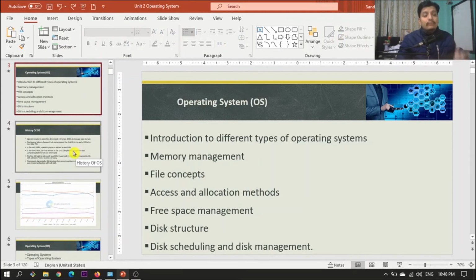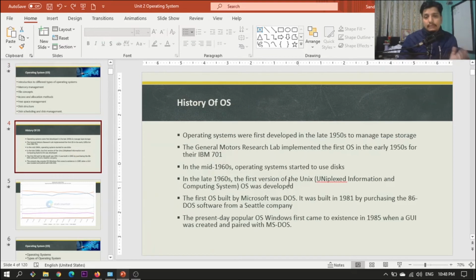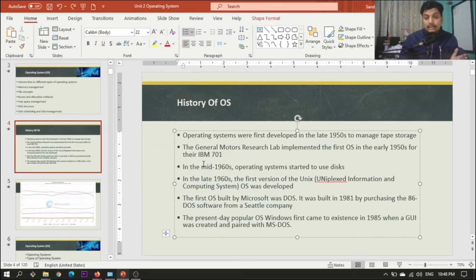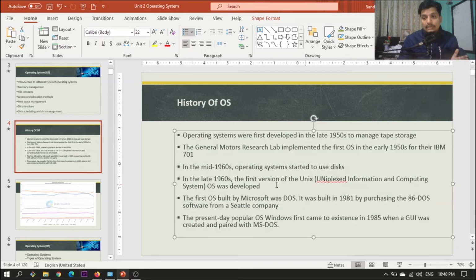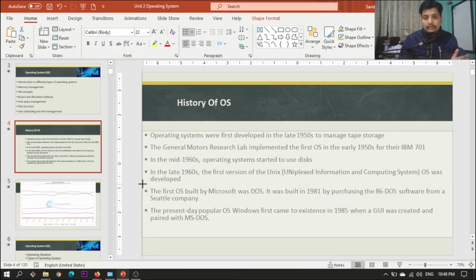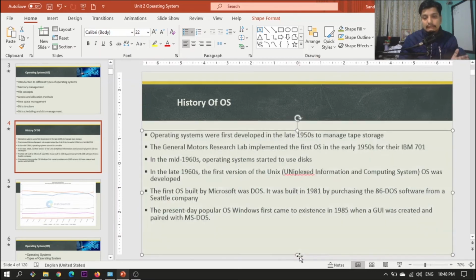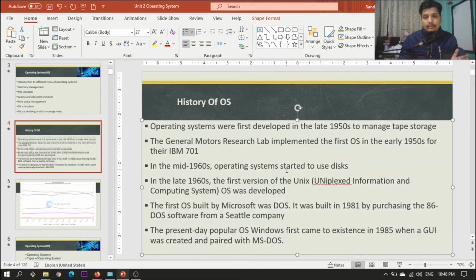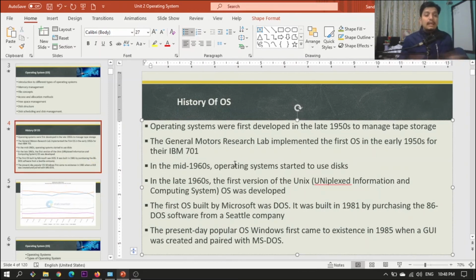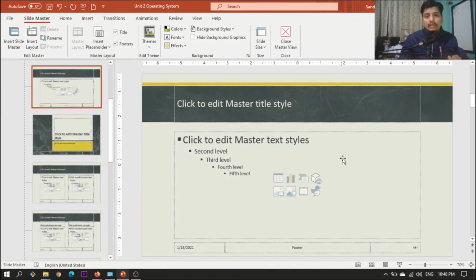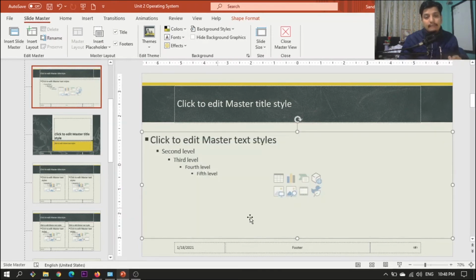So another thing is that there might be a case. So for example, here you can see that the text has been limited over this box. So if you are going to increase the size of this box, your font size gets automatically increased. See, like this. So if you don't want to change the font size for every text box, even that's simple, you can go to view, again slide master, and from here you can change the size of this box. That means every slide